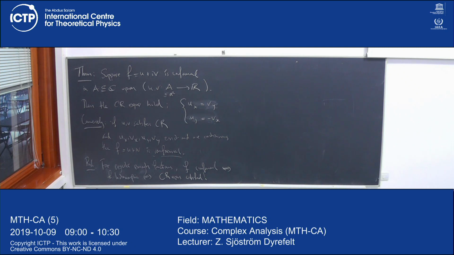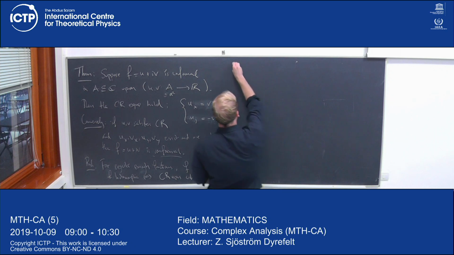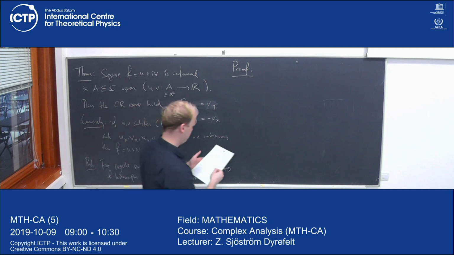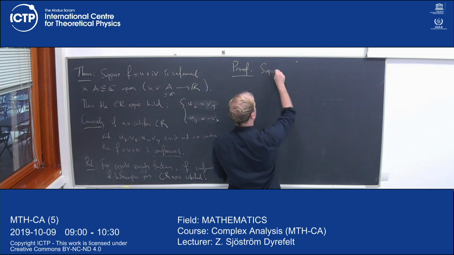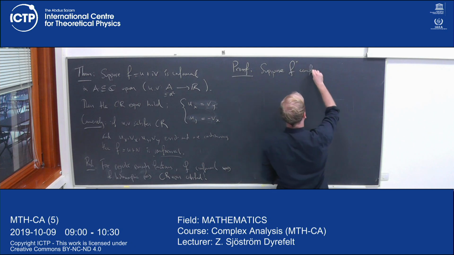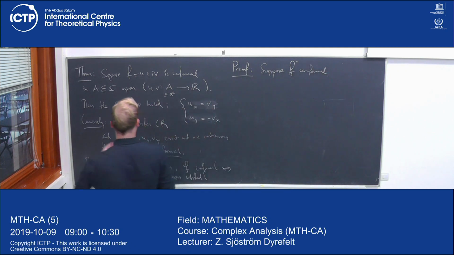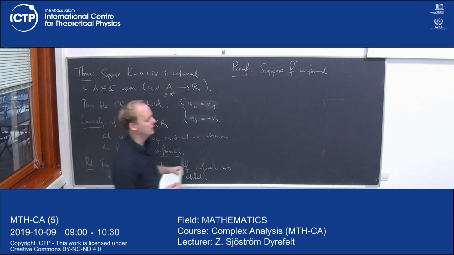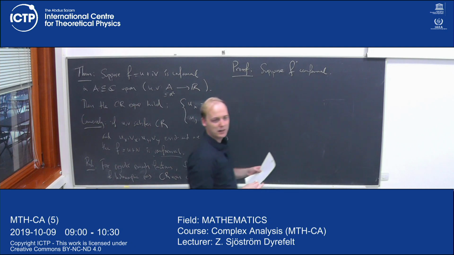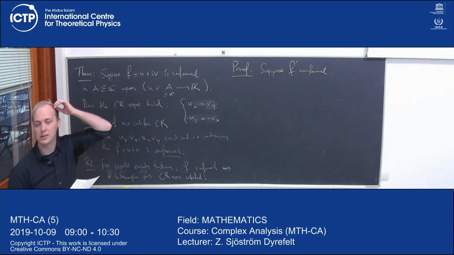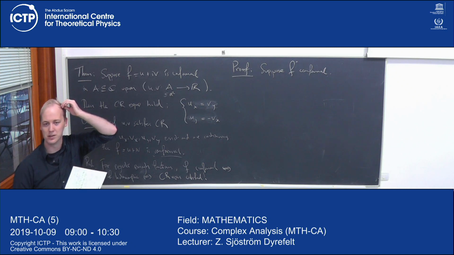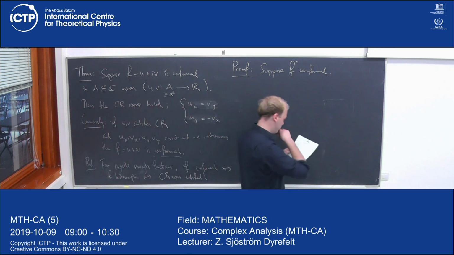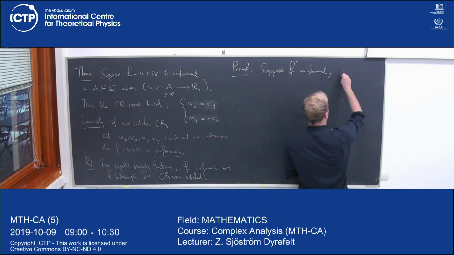Okay, so let's see if we can prove this. Proof. First we suppose that F is conformal, and we want to show that the Cauchy-Riemann equations hold. So all we know now is that it's conformal, and by definition conformal means it has to be regular enough to have these equations. This is what I just wrote. So by definition, we can write down this